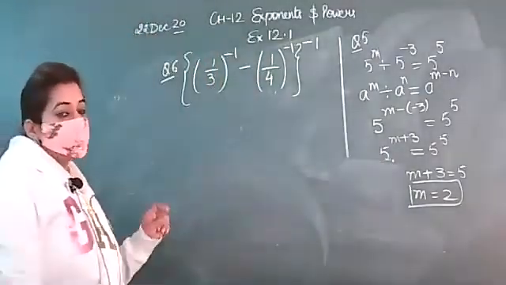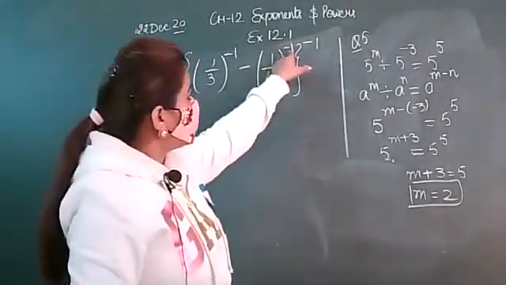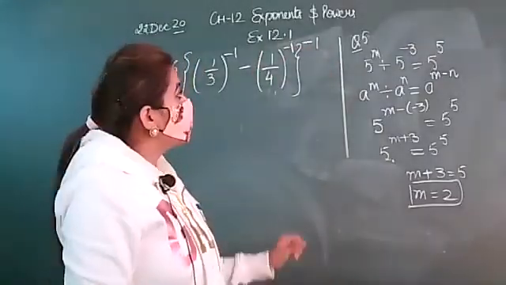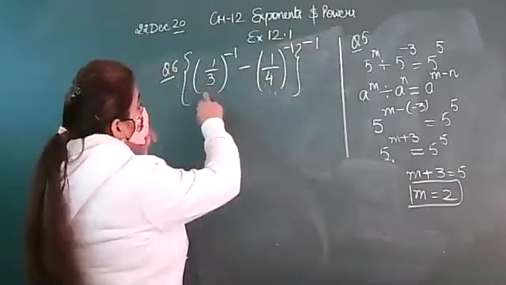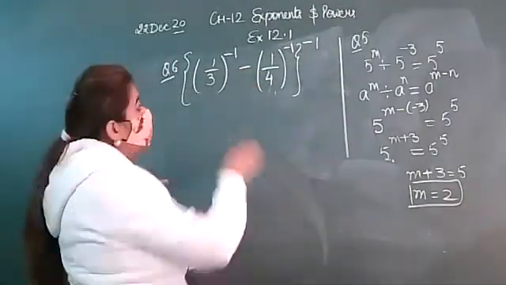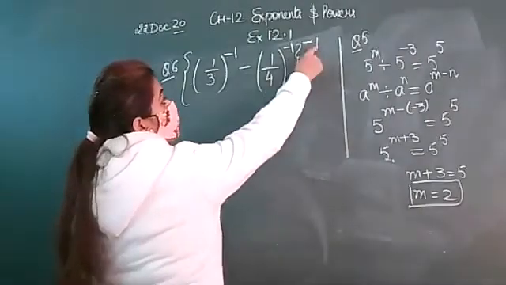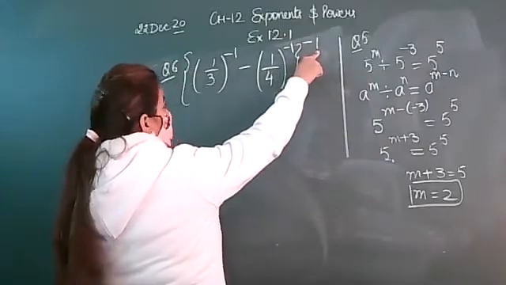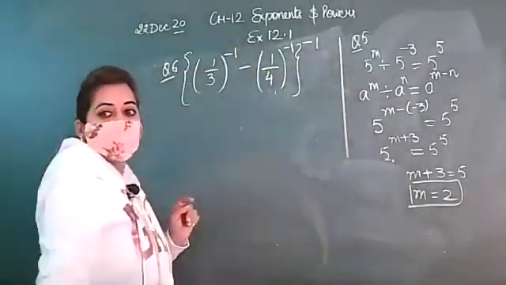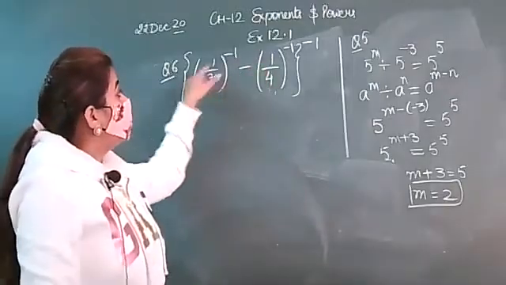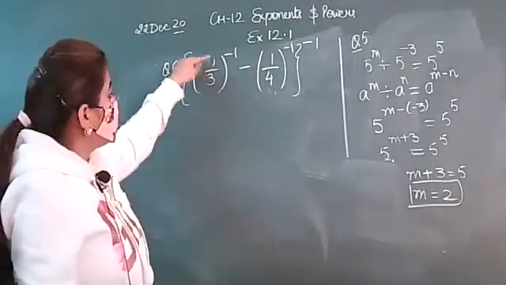Now look here, beta. In this you can see that powers are given 2 times. But don't make mistake. As you can see that the terms are there in the bracket and they have subtraction sign. So it's compulsory for you to solve the bracket first, and this minus power is for the whole bracket. So before using this power, you have to solve the complete bracket first. Otherwise, mistake you will make. Now, let's solve the bracket first.